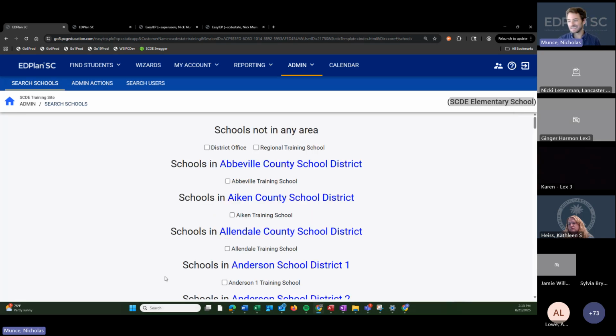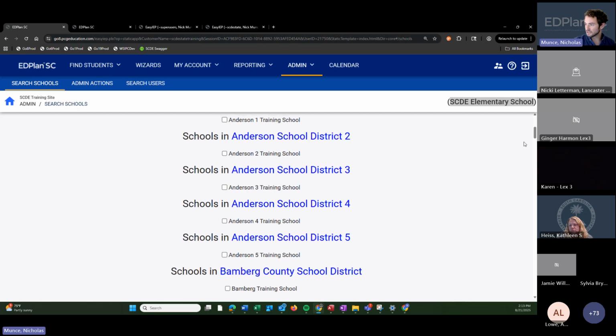When you do this, again, the training site is going to make this challenging, but this would just be a list of your schools. You can just click which schools you want to copy the reporting periods to and copy them straight into it. That will take those custom periods and apply them to the schools you check. So if you have a group of 5 schools that report on a different cycle, you can just set up one of them and copy it to the other 4.